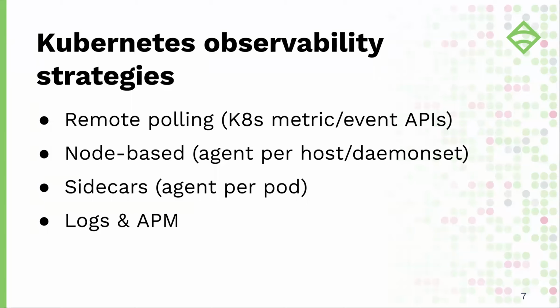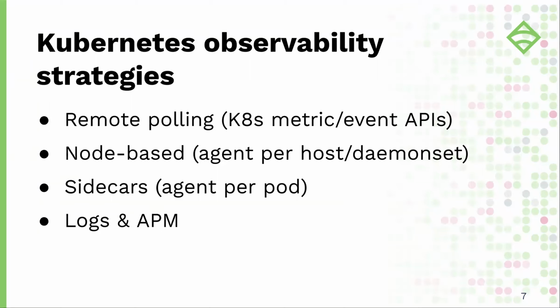What we didn't get to, segueing beyond that blog series, is some of the other monitoring strategies that exist. We did talk about Sensu and how it complements a Prometheus or telemetry-based approach to monitoring, and specifically to monitoring Kubernetes. But we didn't really talk about what those strategies are. So we think an observability strategy for Kubernetes involves some amount of remote polling. This would be a traditional service health checking capability, and some amount of node-based monitoring. So you have